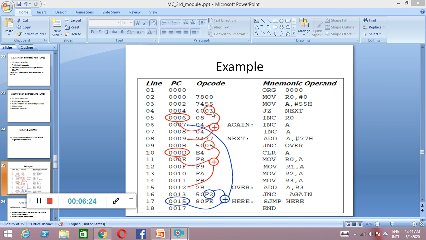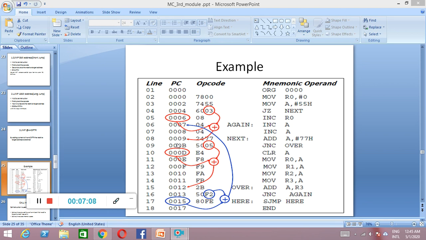This 3 is related to this next address. So this 03 plus 06 gives the relative address. So this gets you to the level where you have the address for the next instruction, that is this one, at 0009. So how has this come, 0006 plus 03? It is going to get you to 0009. This is the address where you have the instructions available for the next level. This is what you can call a normal jump, where you calculate the effective address and jump to the location where you want to perform a certain task, right?